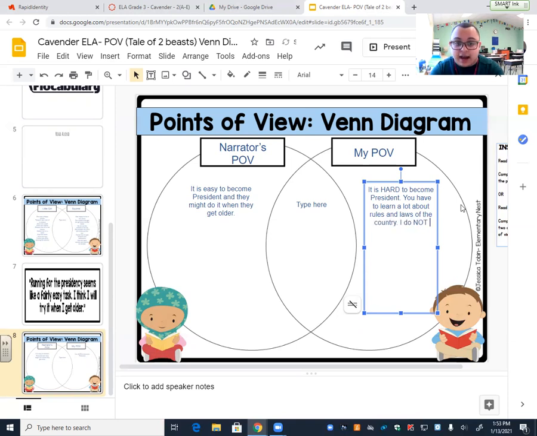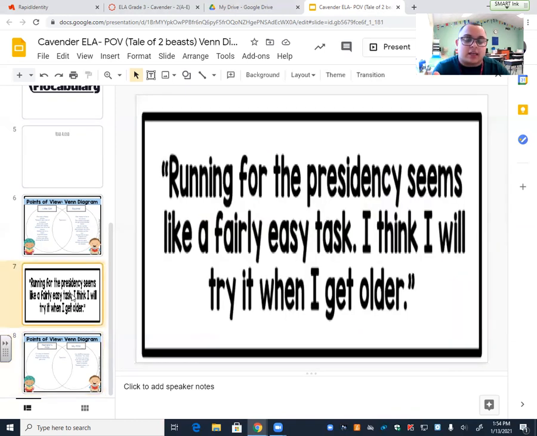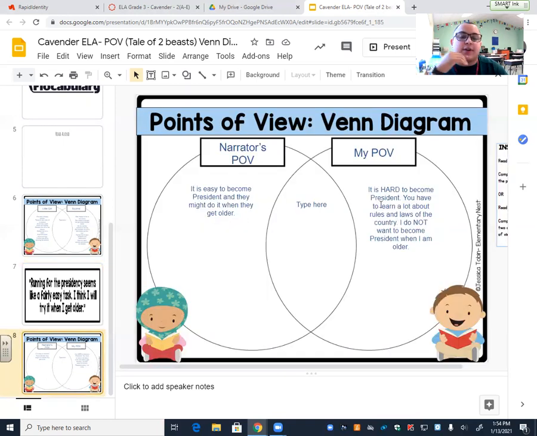I do not want to become president when I am older. All right, so you are going to compare the perspective of the quote to whatever yours is.